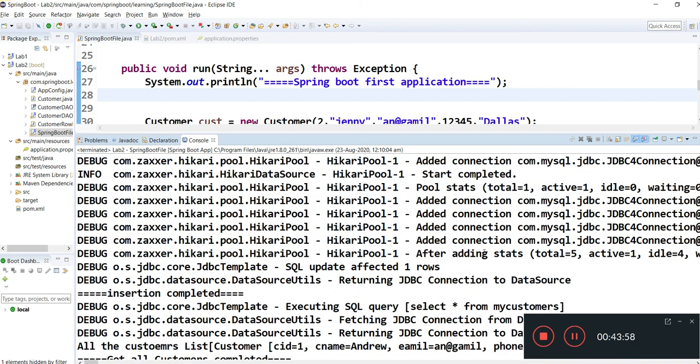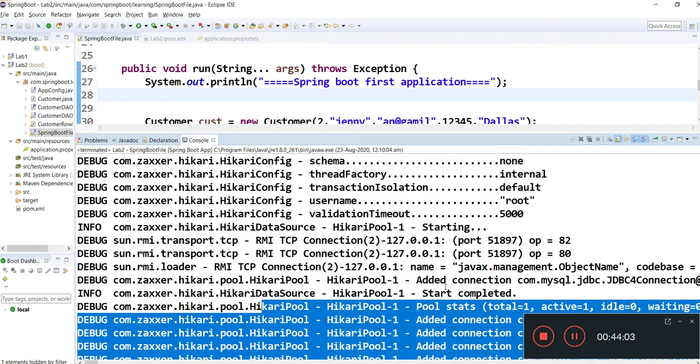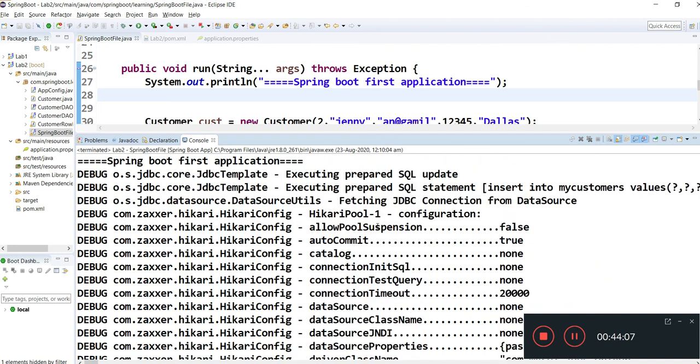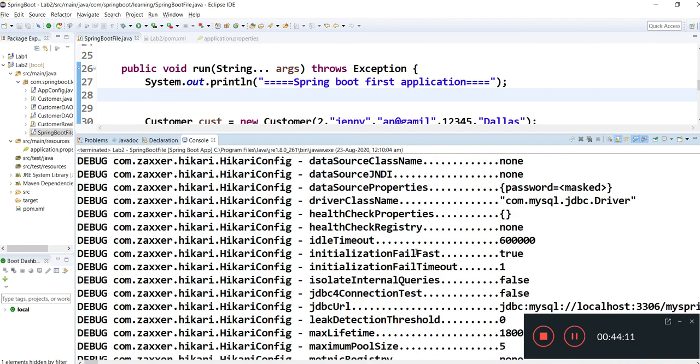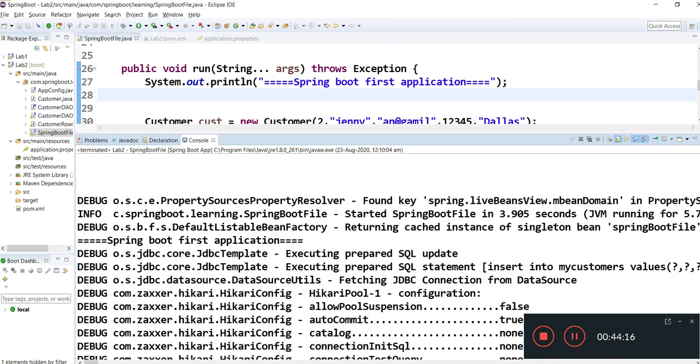Here you can see HikariCP trying to make connections and set the connection properties and all other properties for your application. And here you can see Spring Boot first application. We have mentioned this inside our first run method.